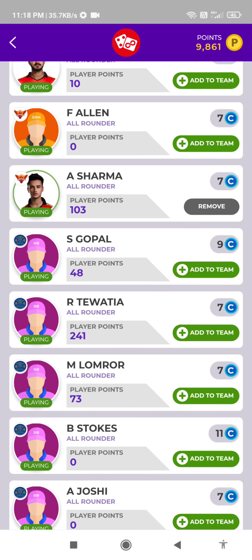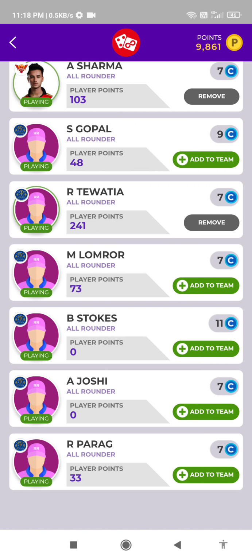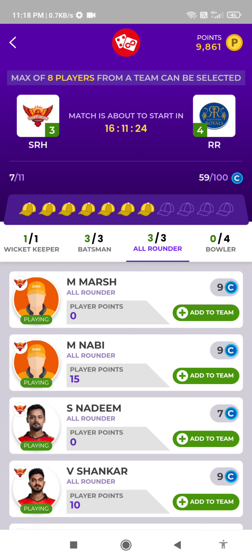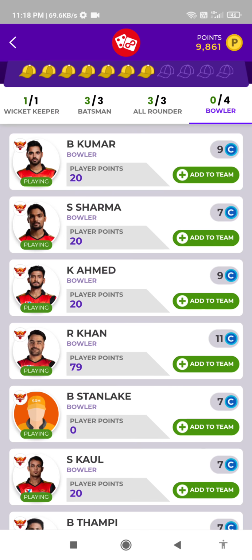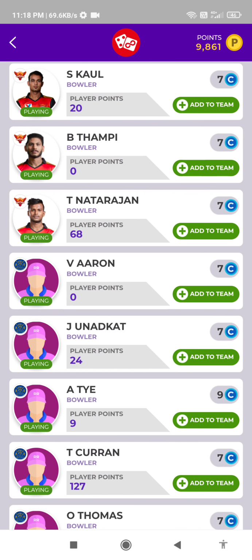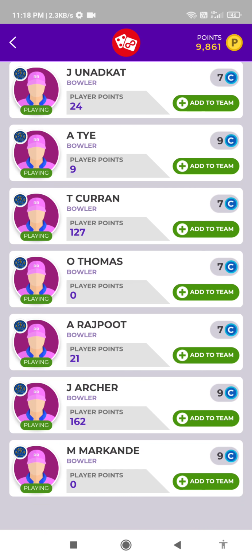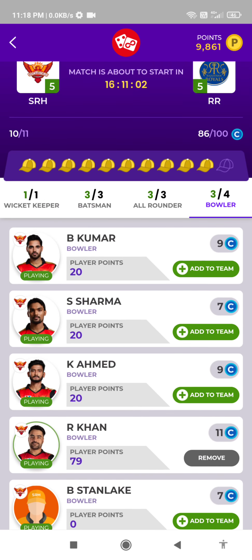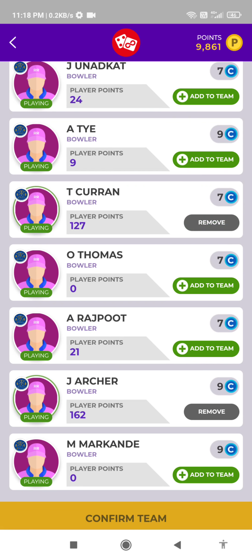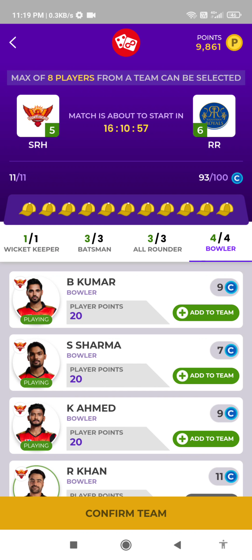again all rounders: A Sharma, R Tewatia, M Lomror. In the bowler section also Rashid Khan, T Natarajan, T Karan, but T Karan's player points are less than JR Kerr, so I am choosing JR Kerr as well as T Karan also, because we need 4 bowlers.